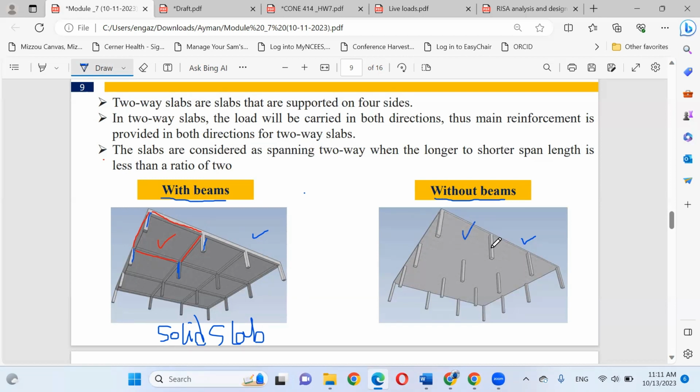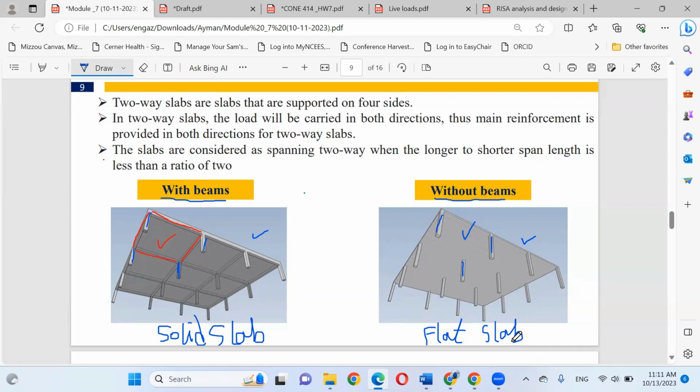If you look at the bottom surface of the slab, you cannot see any beam coming out from the slab, just one surface. In this case, the structural system is that your slab is directly supported by the column. I believe this one is called a flat slab. Flat, this is a common name. Flat slab means slab without beams.